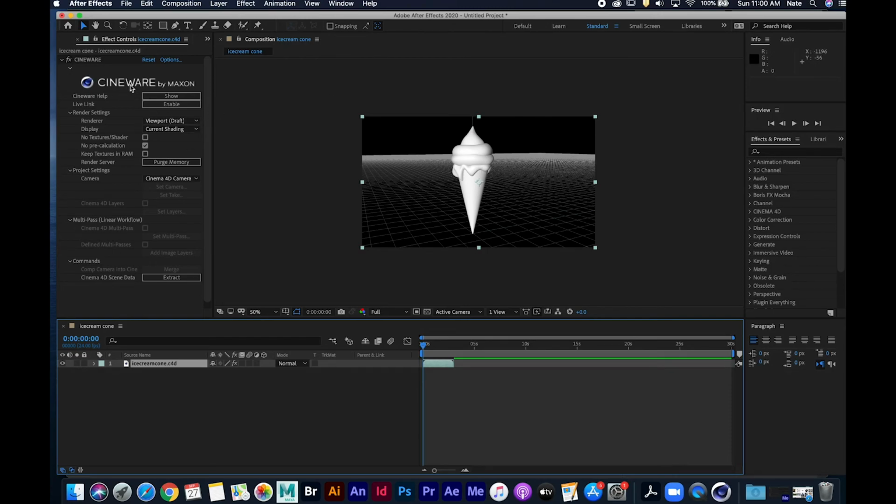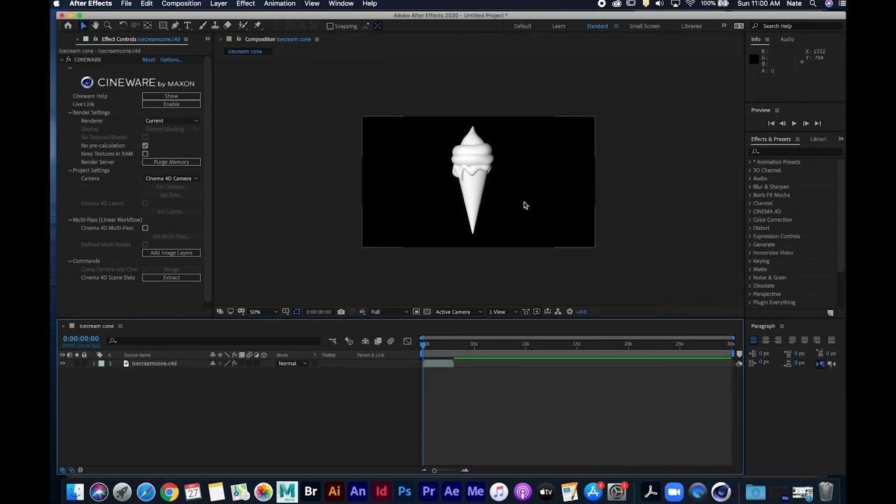So I'm going to come over here to Cineware, and this is the sort of go-between software that works between After Effects and Cinema4D. This is what allows it to work together. I'm going to change viewport draft to current,